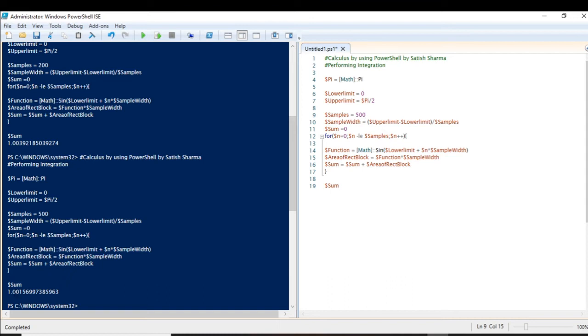This is how we perform integration in many calculators, I think, but I am demonstrating here how you can use PowerShell to compute the integration. And I am 100% sure that you would have found it very easy.